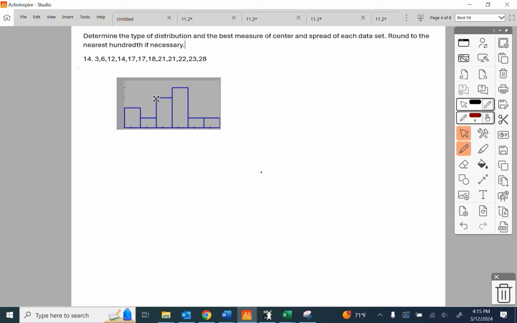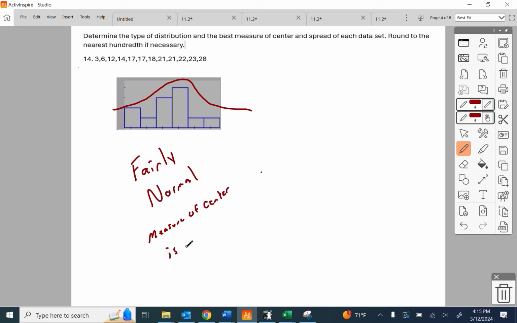And I'm supposed to describe that. It's not quite normal, but in some degree it is a little bit normal. I would be more inclined to call that fairly normal. Now, since it's fairly normal, my measure of center is going to be the mean, x bar, and my spread is the standard deviation, sigma subscript x,